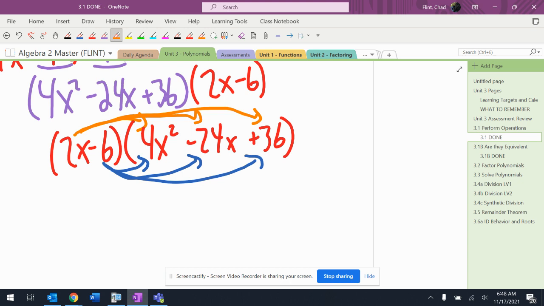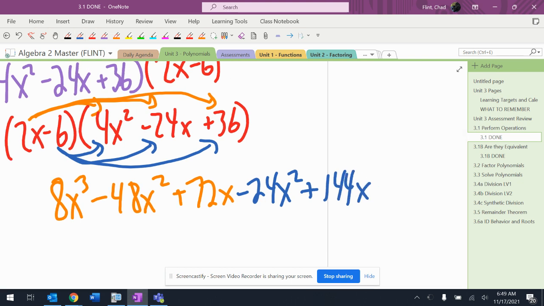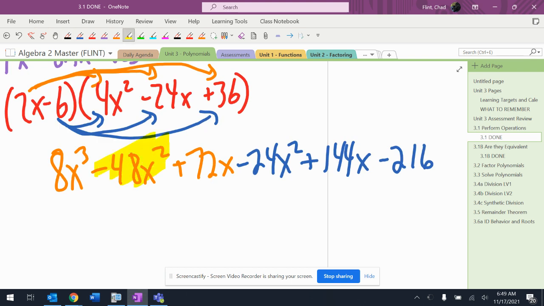All right, 2x times 4x squared, 8x to the third. 2x times negative 24x, negative 48x squared. 2x times 36, 72x. Negative 6 times 4x squared, negative 24x squared. Negative 6 times negative 24 is positive 144x. Negative 6 times 36 is negative 216. All right, so then